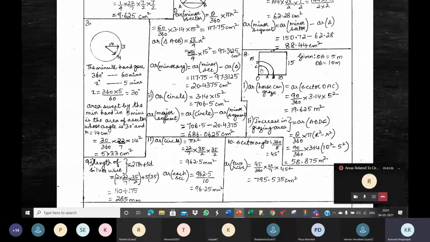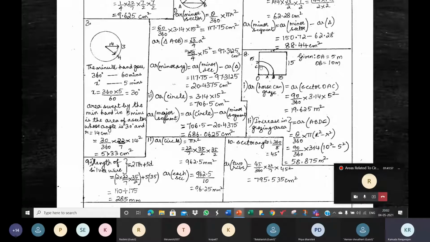So now just see here the length. This is the point where the peg is pivoted to the ground. There's a nail kind of thing, no? It's on the ground and the rope is tied there and to the animal. The length of that rope is 5 meters. So assuming that the horse keeps the rope stretched, it can trace maximum this area.